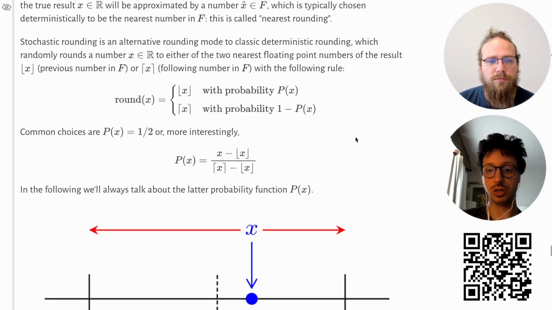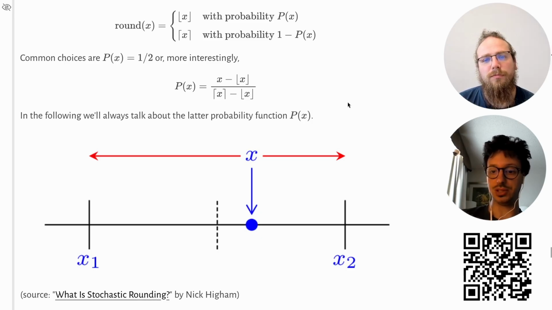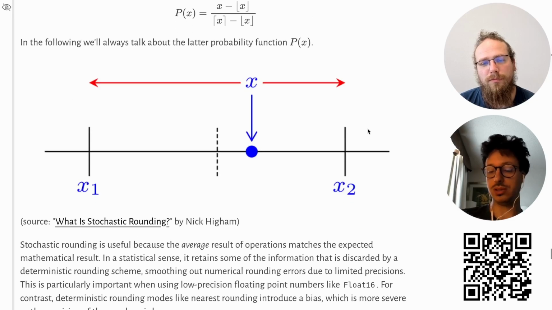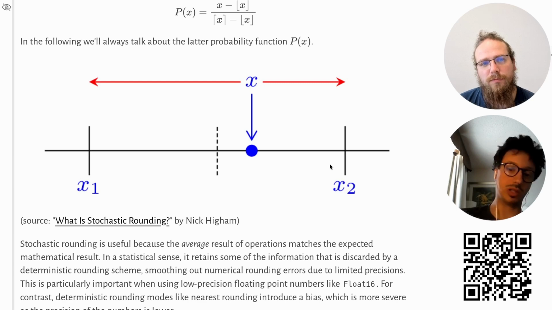And common choices for this probability distribution could be, for example, 0.5, 1/2, or more interestingly, a probability which is related to the distance to the two numbers. This is a strategy for stochastic rounding. In this case, we want to round more frequently to x2, which is the number which will always be rounded using the deterministic nearest rounding strategy. But sometimes we round down to x1 with a lower probability,